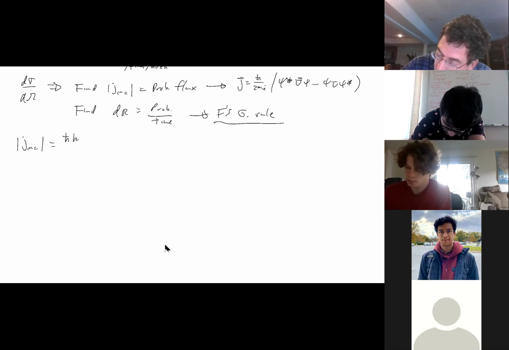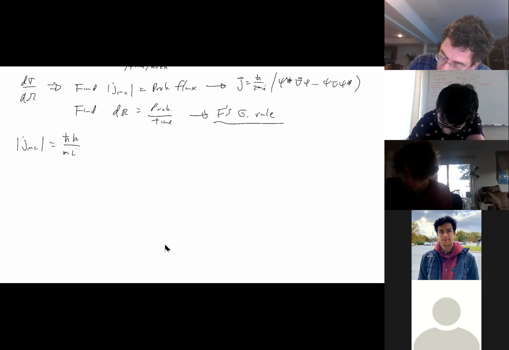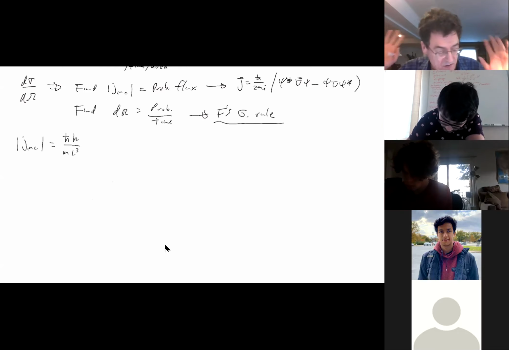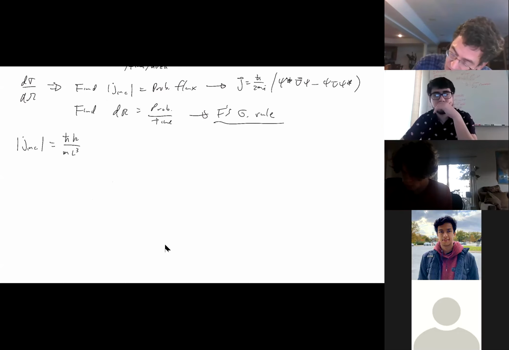So we're taking the magnitude. It's h bar k over m L cubed, where L is the size of the universe. And that comes from normalization. And then from Fermi's golden rule,